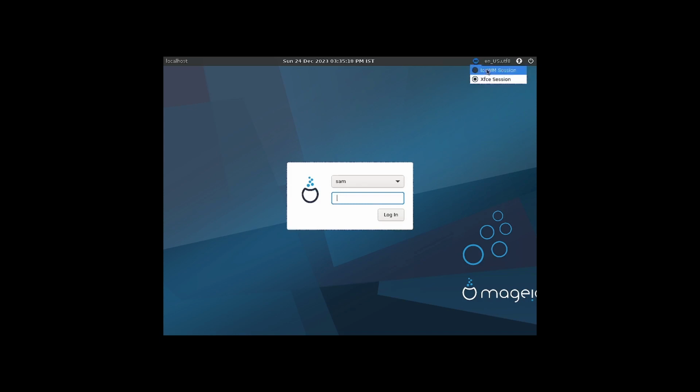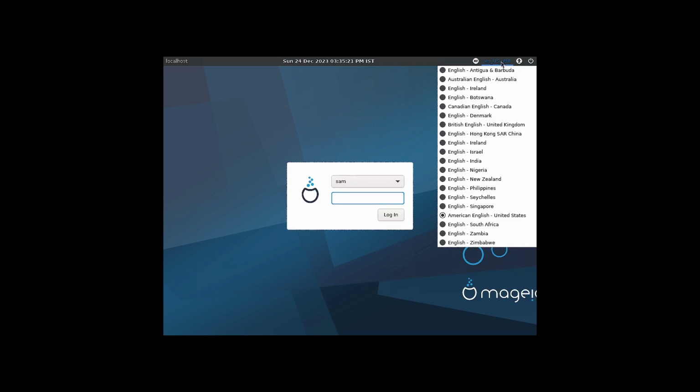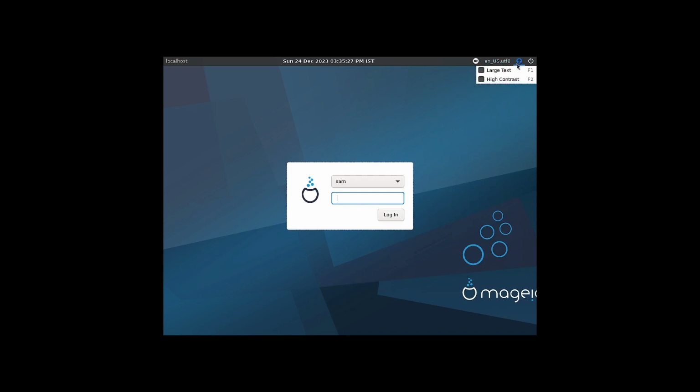So there are two sessions, the IceWM session and the XFCE session. We have got different keyboard layouts to choose from. Accessibility features, only two of them are there. So they should have included the onboard keyboard, because what happens is sometimes if your keyboard fails, then you won't be able to log into your system without the keyboard getting replaced or repaired. So if the keyboard is not repaired or replaced, you cannot log into your system, and it can stop your important work. So always I think the developers should include the onboard keyboard as a standard accessibility feature on the